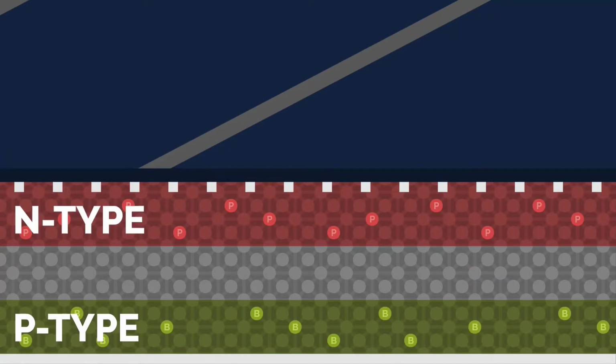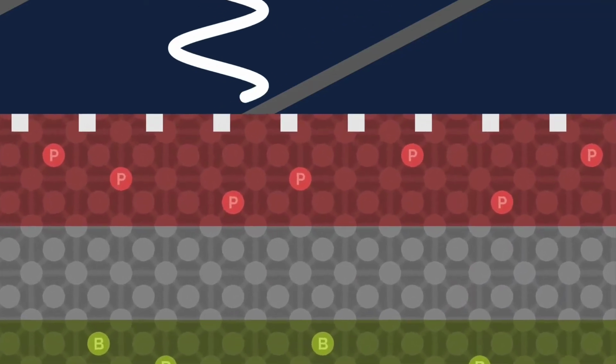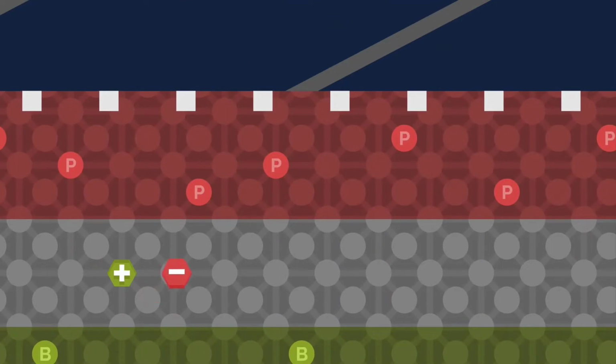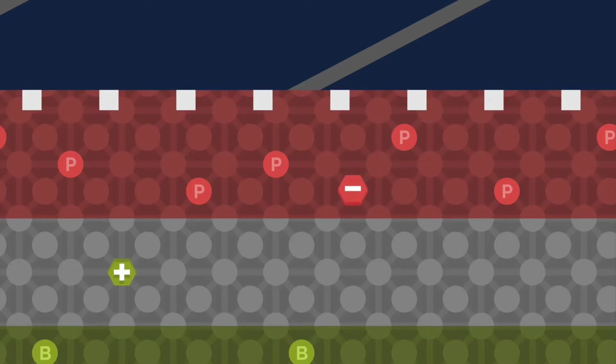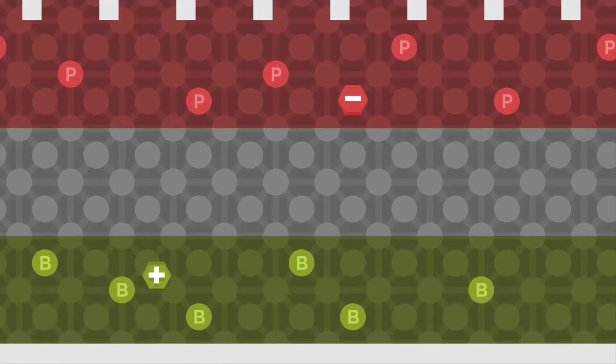The light wave knocks an electron off a silicon atom, setting the electron loose and leaving an area of positive charge where the electron used to be. The loose electron then moves toward the top and reaches the n-type layer, which readily accepts electrons. Similarly, the hole moves toward the bottom and reaches the bottom p-type layer, which readily accepts holes. This continues as long as sunlight shines on the solar cell.